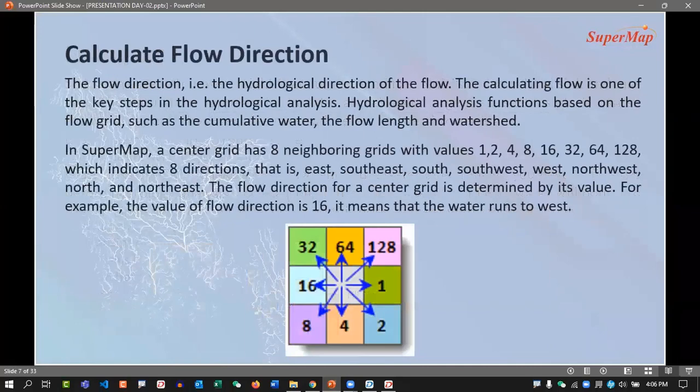So the next process we will conduct is calculating flow direction. The flow direction, for example, the hydrological direction of the flow, is one of the key steps in hydrological analysis. Hydrological analysis functions are based on the flow grid, such as the cumulative water, the flow length, and watershed. So in SuperMap,